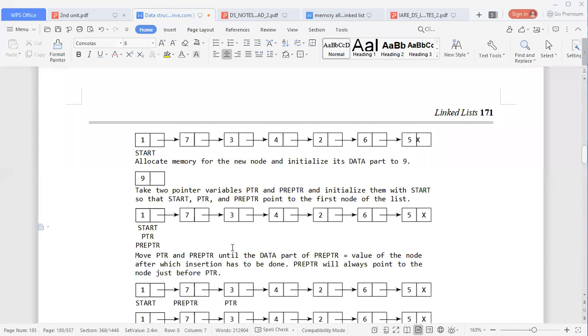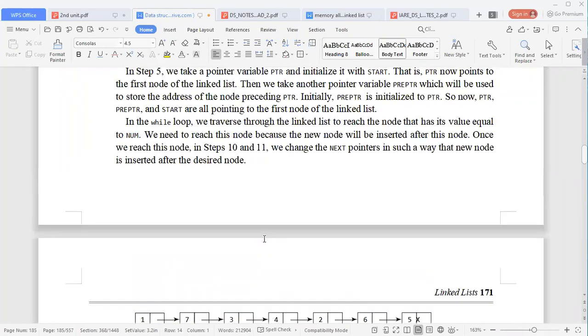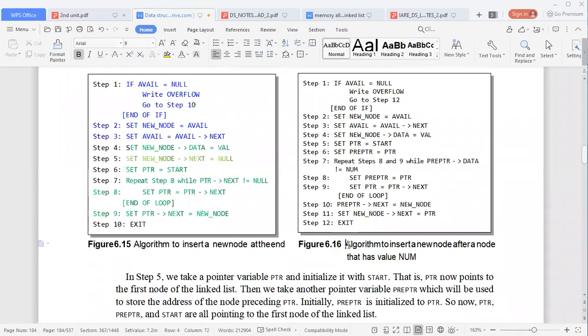For that, what we are supposed to do is move pointer and pre-pointer until the data part of pre-pointer equals the value of the node. And this is the highlight of this particular algorithm. What was written here is: move pointer and pre-pointer until the data part of pre-pointer equals the value of the node after which we are supposed to add the new node, insert after. What is the value? What is the algorithm?